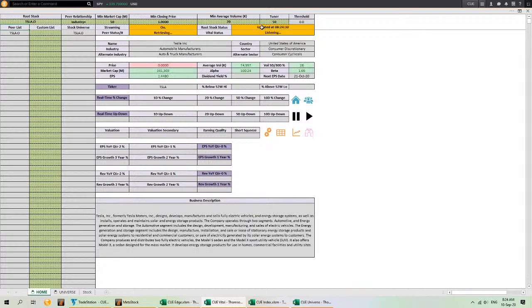Now it is sending multiple requests. First request it sent to gather detail about the stock. Now it is sending the second request. While it is sending the second request, the third request was listening. The second request retrieved all the peer stocks for Tesla, and now the listener is now in awake